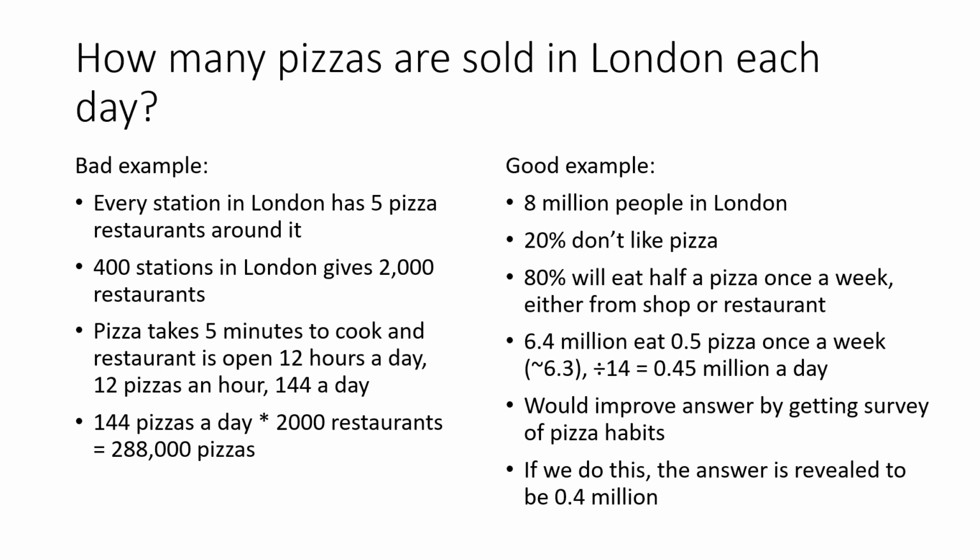Another way we can extend our answer is to bring it back to the problem statement. In this case, we haven't been given one, but the most likely one would be, your client is a pizza restaurant looking to start in London. Does this make financial sense? If so, we would take our answer of 0.4 million pizzas per day, multiply by 365 days, or 350 as it's easier, to give 140 million pizzas per year. With a pizza costing on average £10, this is a market worth £1.4 billion annually.